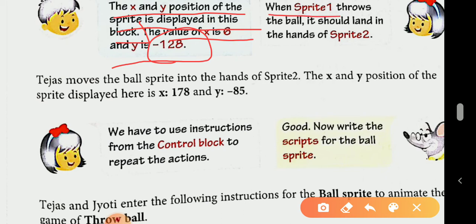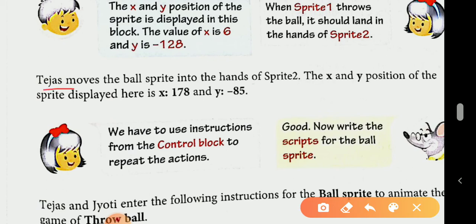When sprite 1 throws the ball, it should land in the hand of sprite 2. It means the girl throws the ball and the boy catches this ball in his hand.